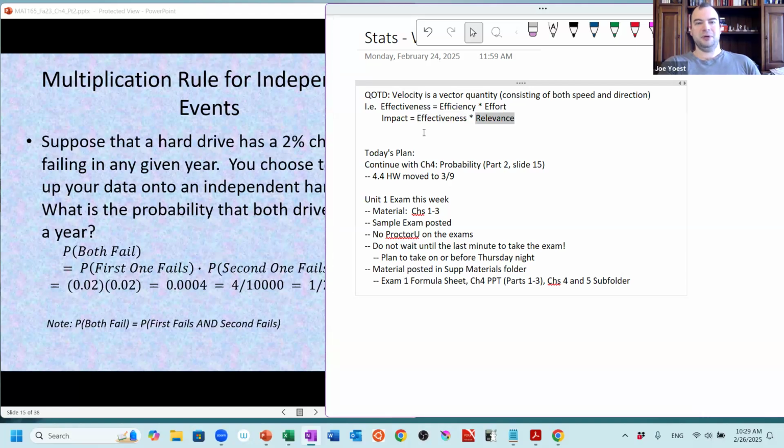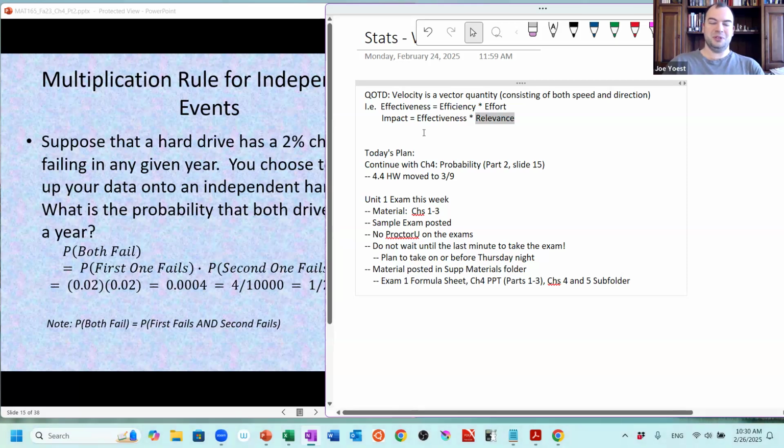If you get really good at playing the piano and you're an engineer, you put that on your resume and your boss is like, hey, why should I give you a raise this year? Or what was your performance like this year? And you're like, I got really good at the piano. That's cool. That was a high degree of effectiveness, but your boss doesn't care about it. So, always take relevance into account as well.